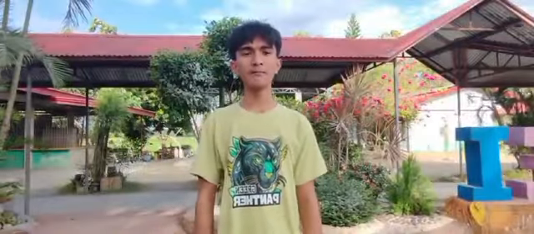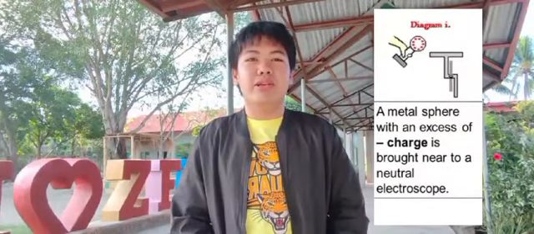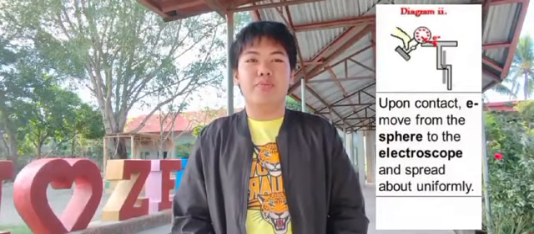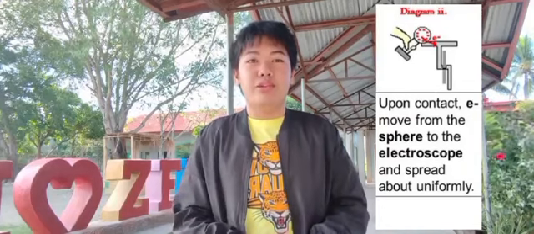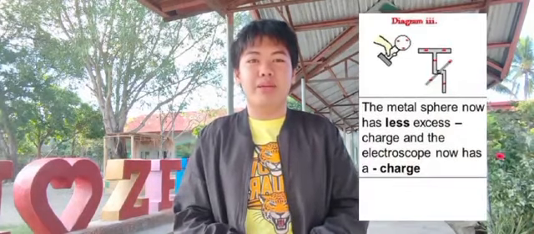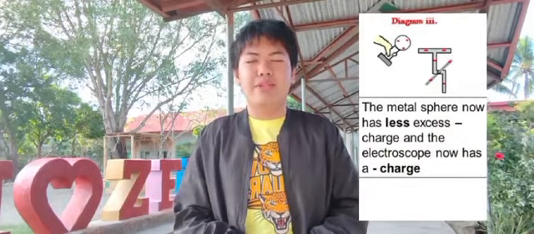Charging by conduction happens in many practical situations. For example, when you touch a metal object after walking on a carpet, electrons transfer to or from your body, which causes a static shock. Another example is when a charged rod transfers its charge to an electroscope. When the rod touches the electroscope, the metal leaves spread apart because they have the same charge.